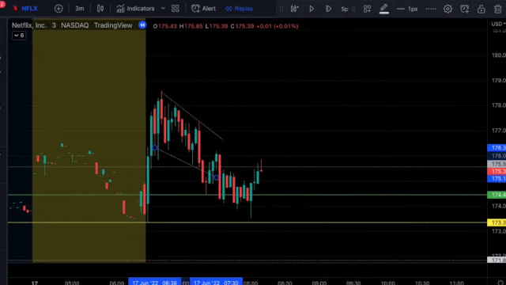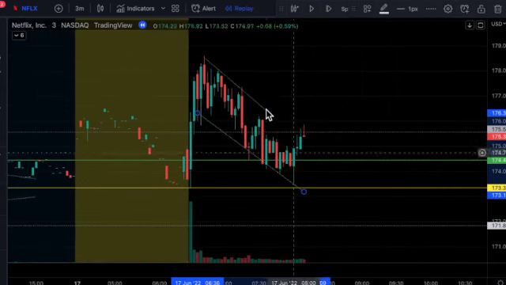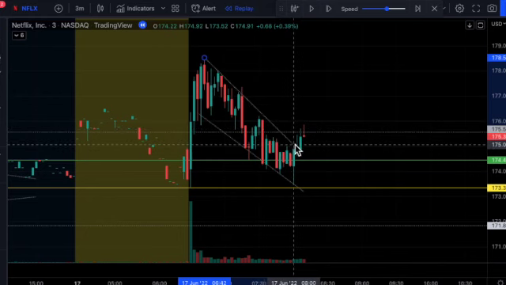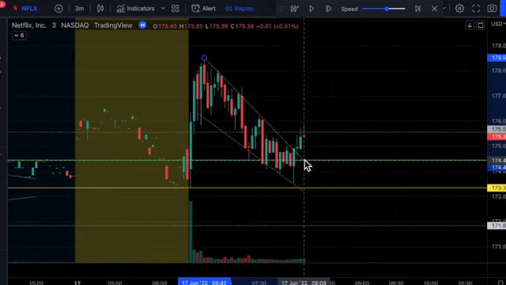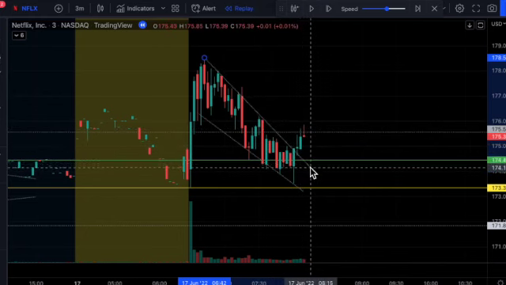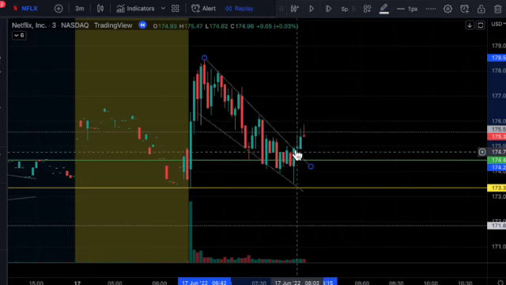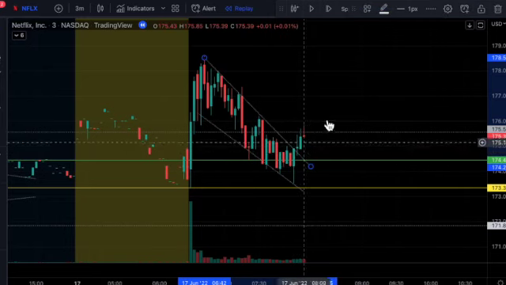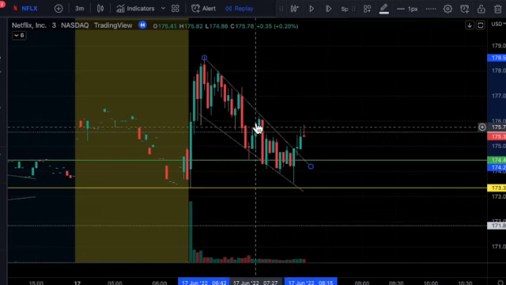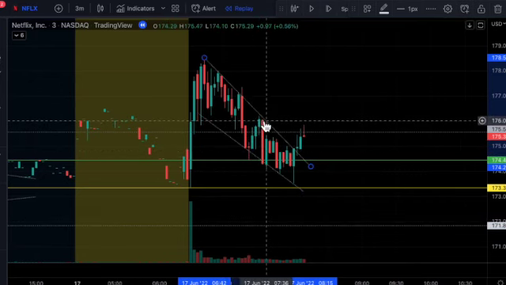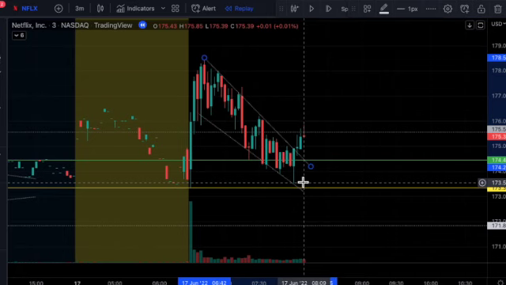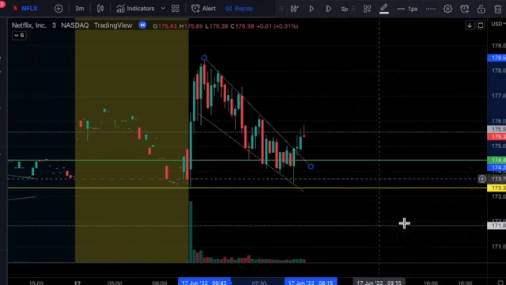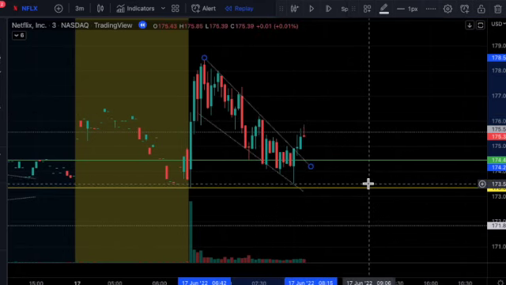The other step we can take at this point would be to update this flag. You could set this up to show that we are still here in this wedge until this point where we break back above the watch list trigger and then close above. So you could have taken here when it closed above the level, and then using Swan's method, you could have even had a 3-bar trade, which would have been green, and then using Swan's method of the other watch list trigger as your stop,